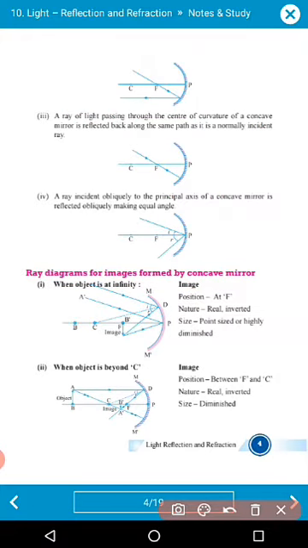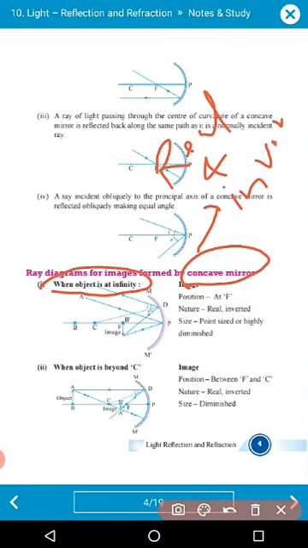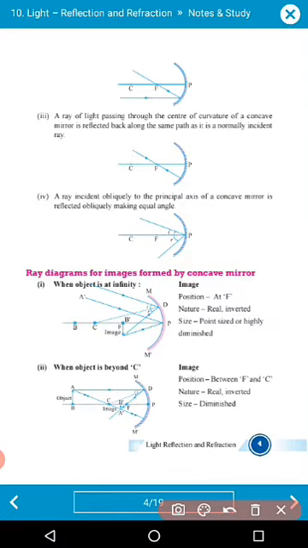Fine. In the first case, when you put your object at infinity, means your object is at a very far position. In a concave mirror, all the images that form are real and inverted, with exceptions in some cases. So first, when an object is put at infinity, what happens?